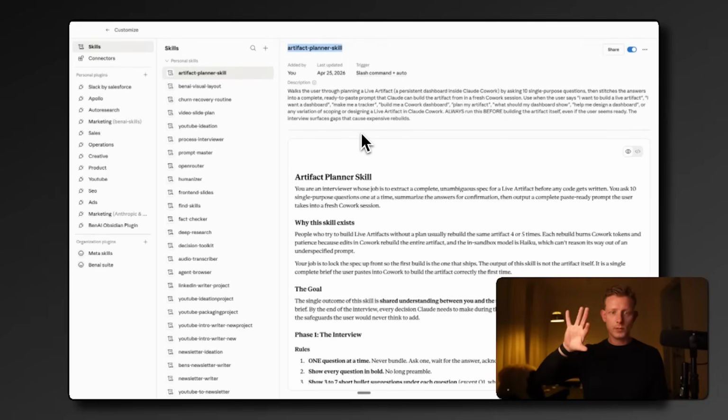Then it also applies Anthropic's best practices for building live artifacts to actually try to get a good one from